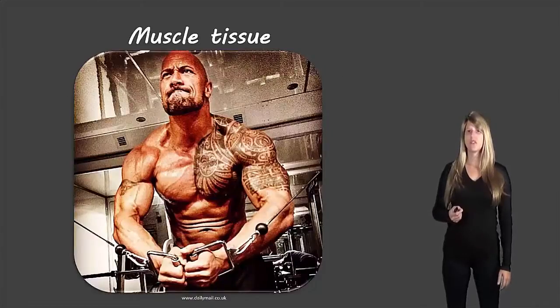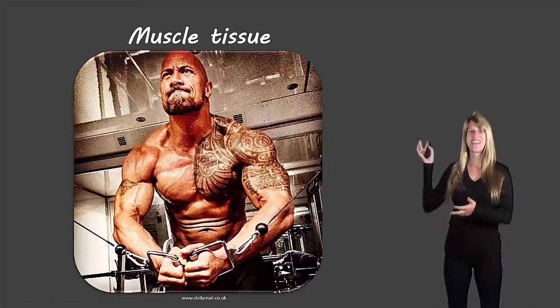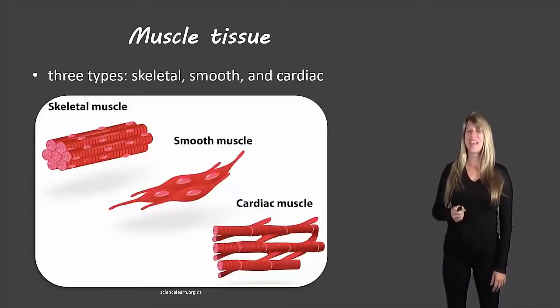So the first tissue we'll look at is muscle tissue, and who better to show us muscle tissue than Dwayne "The Rock" Johnson? Now if you want to pause the video here just to take a look at all his muscles, I wouldn't blame you. So there are 3 types of muscle tissue: skeletal muscle, smooth muscle, and